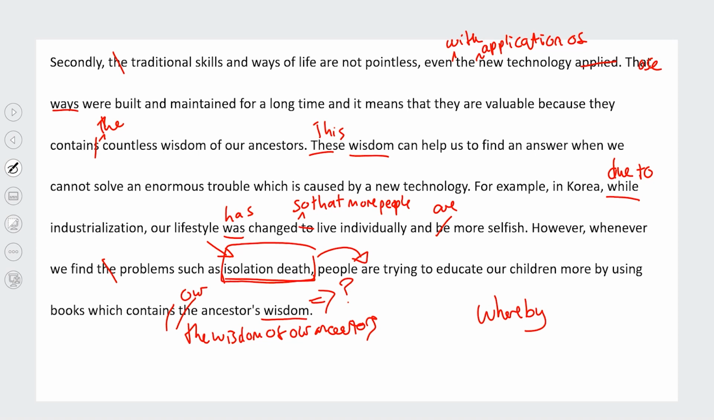I find that the connection between reading a book with ancient wisdom and stopping people dying from loneliness, I don't quite see the connection between these two things. So I would need that to be explained to me more. So in terms of this candidate, I can see that they understand the question and they're trying to put forward